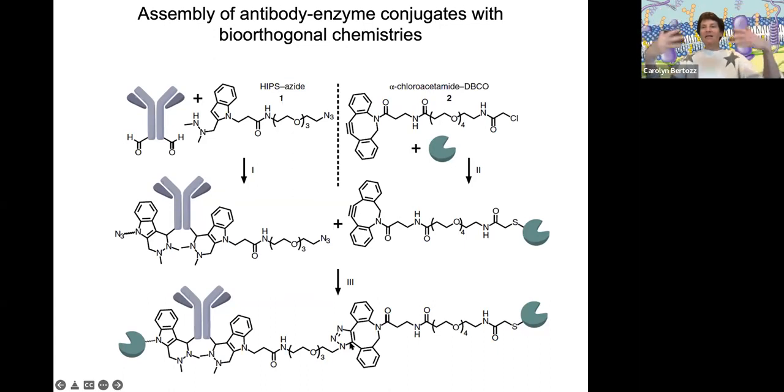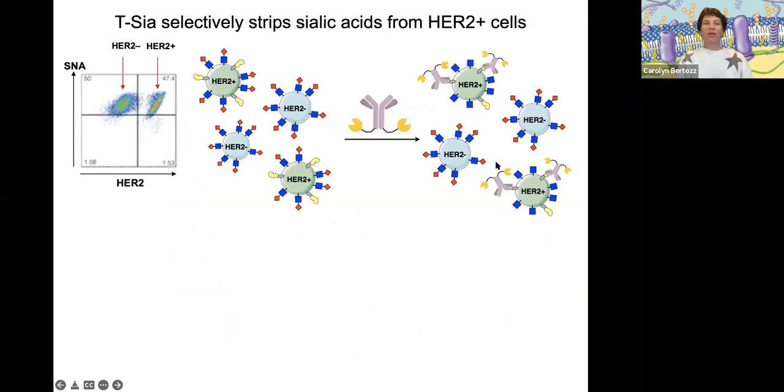And through this series of two different reactions, we're able to position the sialidase right here, covalently linked near the C terminus of the heavy chain of trastuzumab. So we call this molecule T-sia for trastuzumab sialidase. And we had engineered this molecule with the hope that it would selectively remove sialic acids from HER2 positive cells,